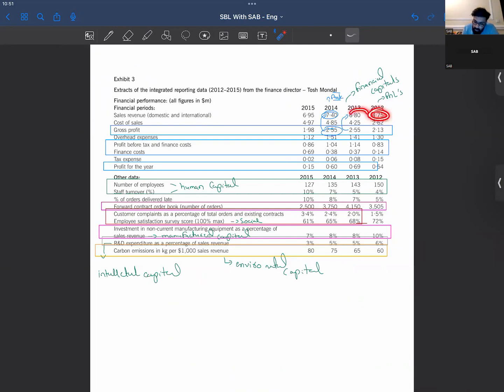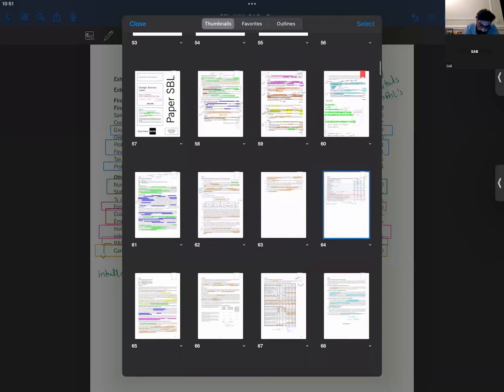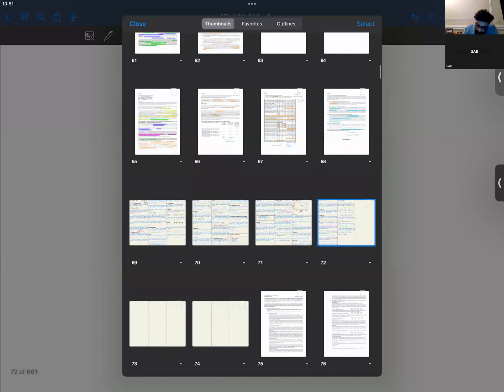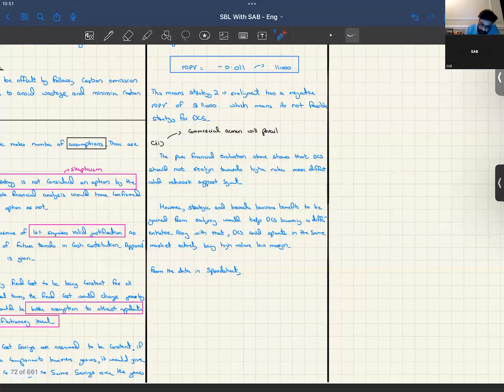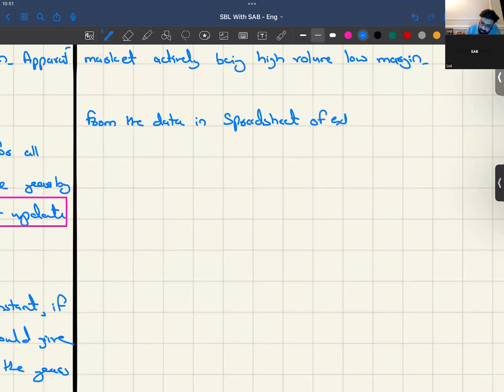So 4.75, 6.80, the revenue is increasing, but the cost is increasing greater, right? So in the spreadsheet of exhibit 3,